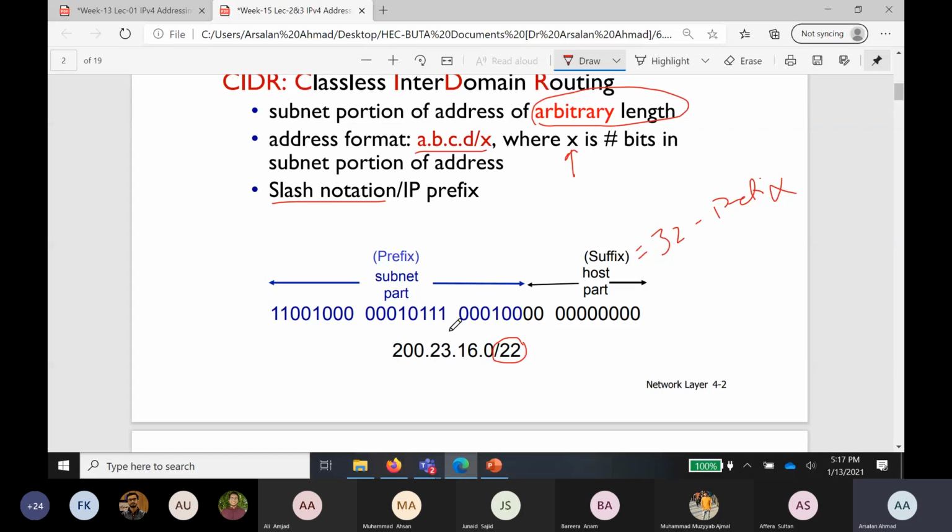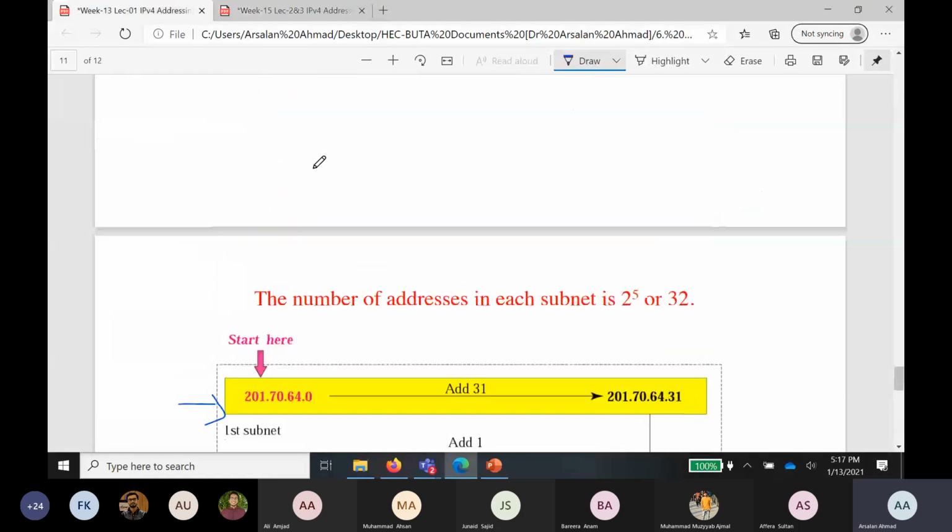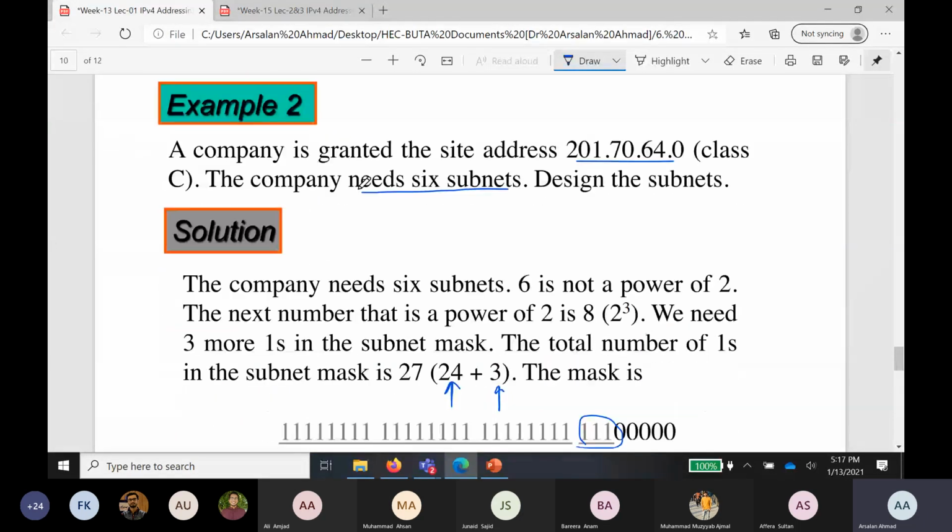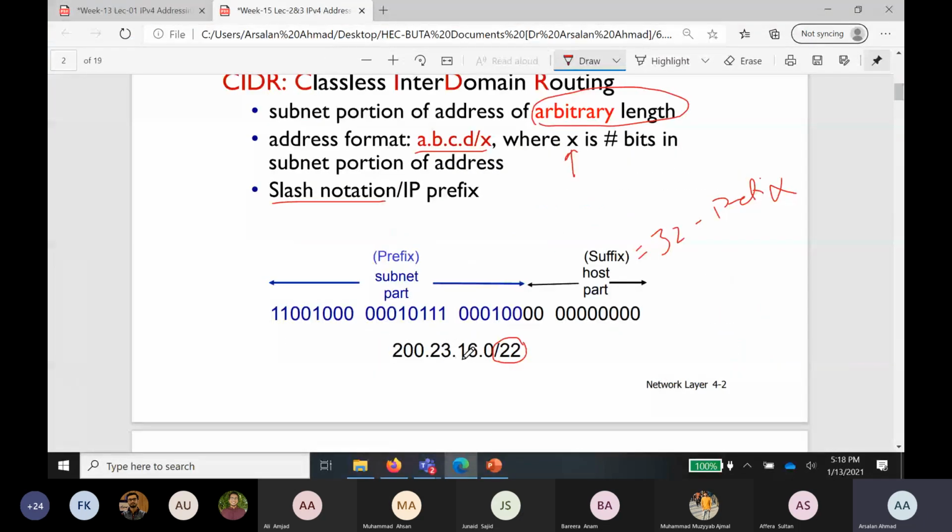And if this is a class C address, then basically, if we say that we have bought this class C address, let's put this address in this example. Say a company is granted a class C address, 200.23.16.0. Okay, this is not written. And then the question continues, and the first thing that comes into your mind is that my default mask is